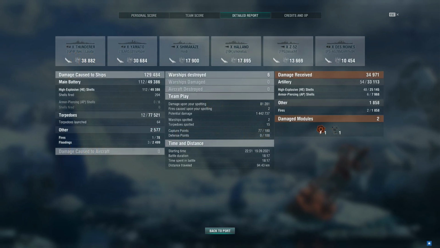Basically he did 17,900 to the Shimakaze, then 17,895 to the Halland, and 13,669 to the Z-something, right? I mean, he kinda sunk the Shimakaze alone, the Halland almost alone, and also did at least half a destroyer, more than half. So yeah,